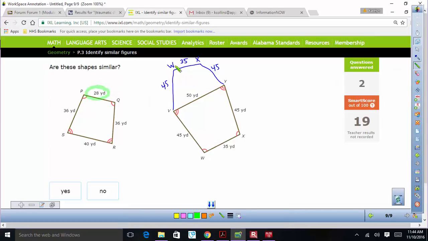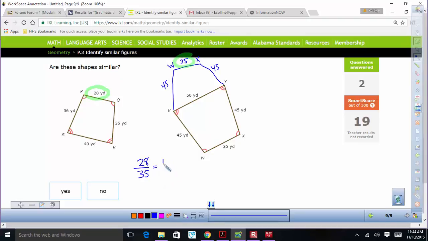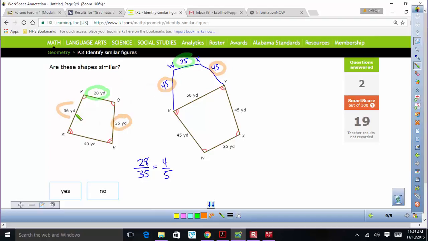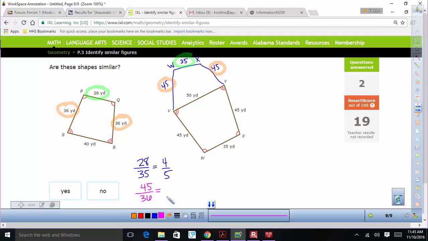So 28 goes with 35. So I would do 28 over 35, which reduces to 4 over 5. Then I'd look at the next side. So if you see the sides of our triangles here, they're the same. So I only have to do that once. I would do 45 to 36. And so 45 to 36